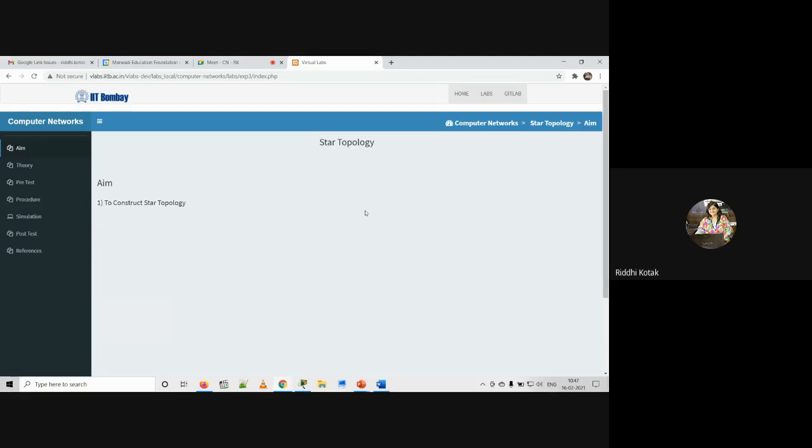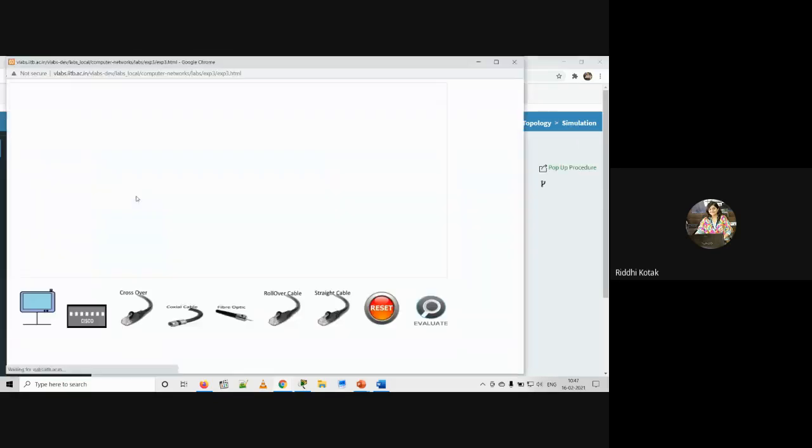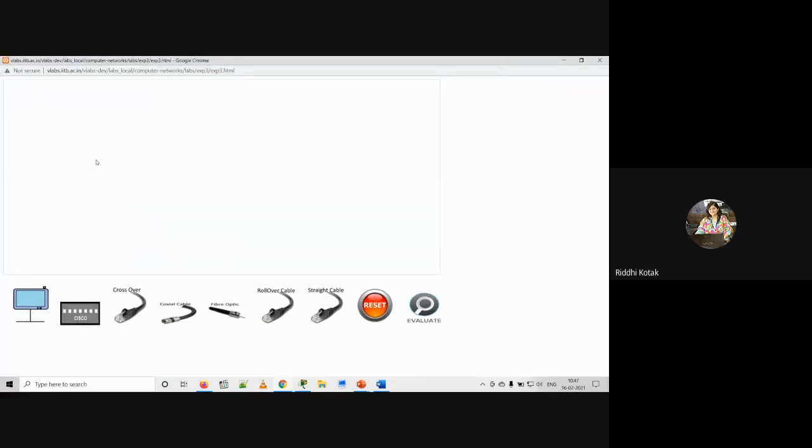Okay. Now just click on simulation. Go to this. It will open another. Because star topology contains a central entity, over here you will get this Cisco hub. Previously in peer-to-peer, you are not having a central entity. But because we are performing a star topology, and in a star topology we have discussed one central entity is used, and through that only data will pass. And that is again a client-server architecture. It will follow that, right? So that is the difference over here.